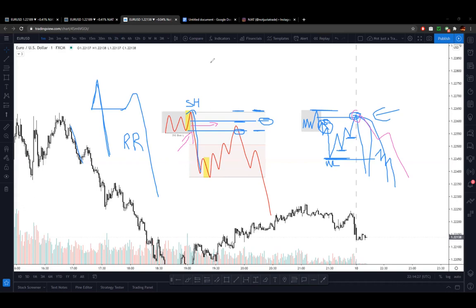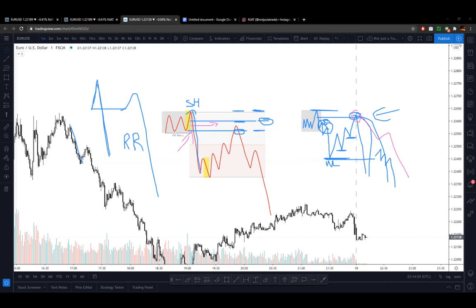Yeah, so I think the things just to remember here are, don't just listen to us, go onto your charts and look for these things yourself. We're going to show you some examples shortly, but just remembering that we can talk about the theory and the idea behind it, but you want to train your eyes to see this price delivery on your charts. So, things to remember,